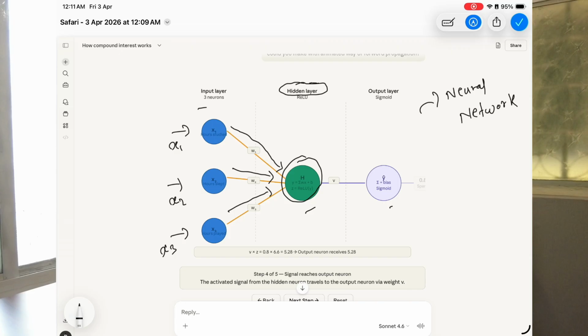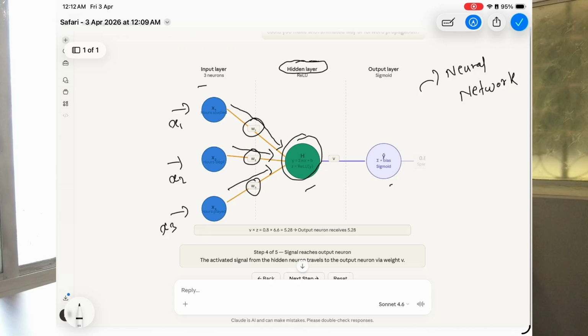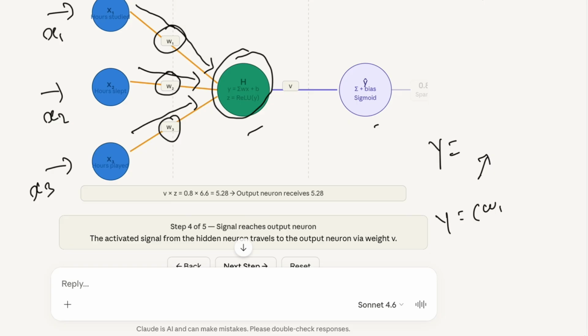Now, when the inputs enter the hidden neuron, each one gets multiplied by its weight. We have weights, as you can see here. So how will this calculation look? We are going to predict y, whether the person will pass or fail. So y equals w1 multiplied by x1,